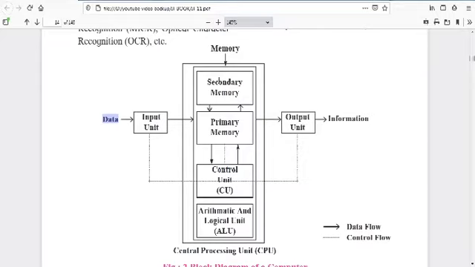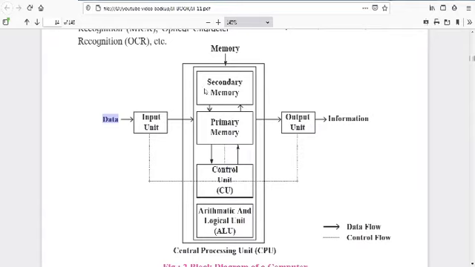Secondary memory is nothing but your hard disks or your pen drives or anything that can store data. But the secondary memory is not able to process any kind of data. Secondary memory will only store the data, and primary memory will always process the data, and it will not store any kind of data. As electricity goes, the primary memory will get vanished. As electricity comes on, the primary memory will get activated.